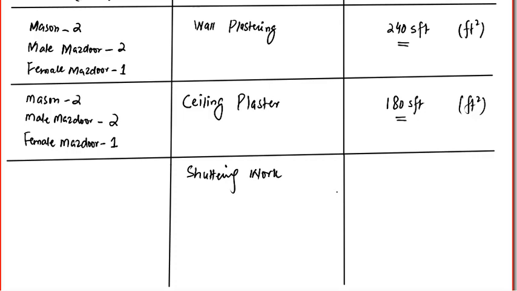It is also in square meter or square feet, right? Let's say we have 22 square meter, or you can write it as meter square. If you have this quantity of work to be done for shuttering activity, then you may need,